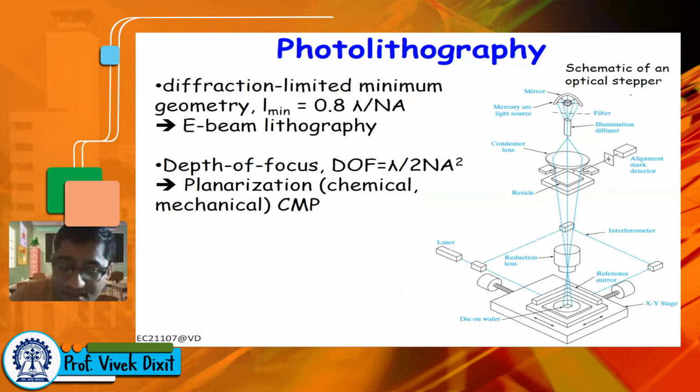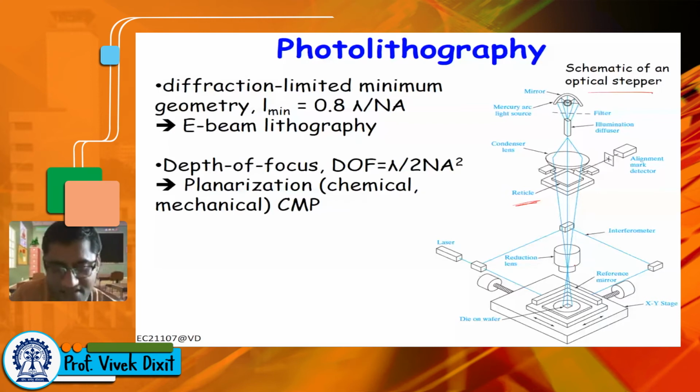So if you see here, this is an optical stepper, where there is a light source here, right? And that light is passed through these lenses, right? And these reticles are basically used for alignment, right? So proper alignment, and then they are basically focusing at a certain point. But when this light or electron beam focuses at a certain place on the wafer,